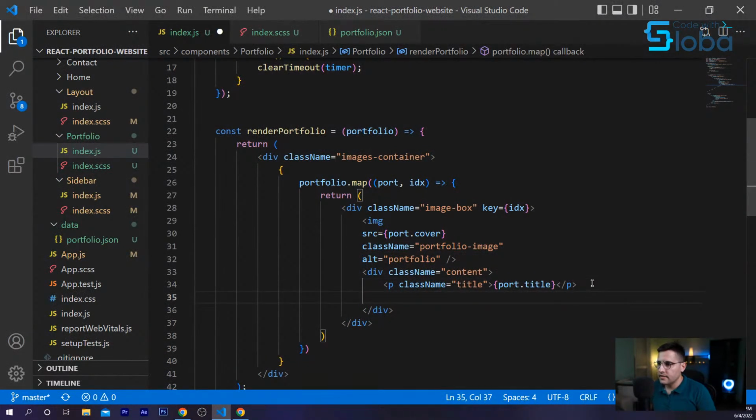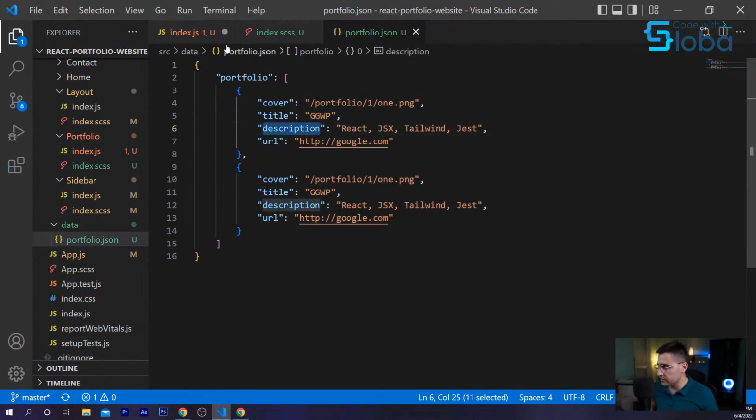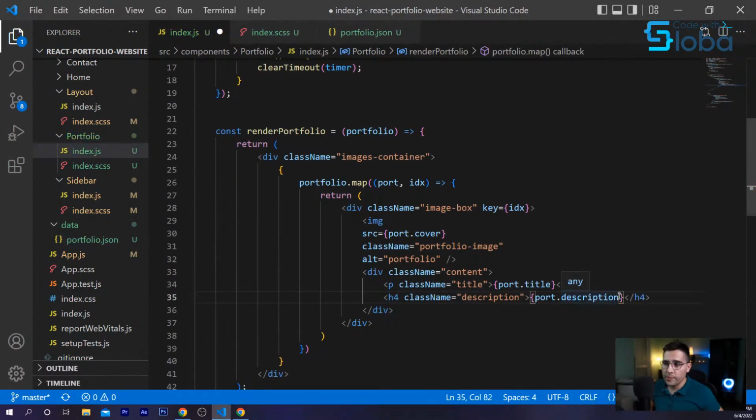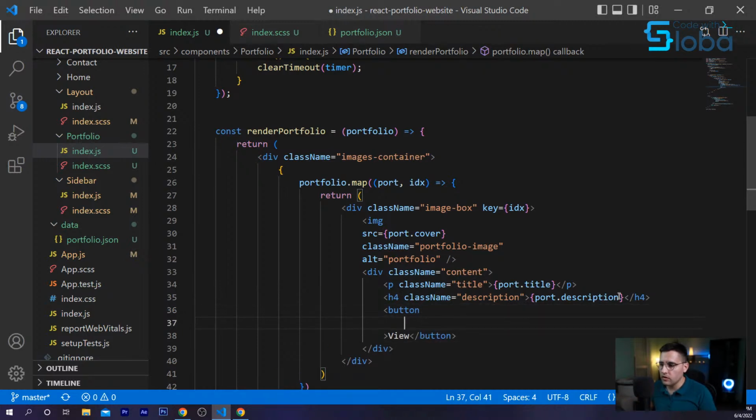Below the paragraph, let's add an h4 and class name description. For this one, I'm going to use, again, port is the name of our object, and the property is called description. Let's copy paste so you don't have any errors. And below that, I want to add a button. This button is going to have view text, so you can click on it and see this portfolio.